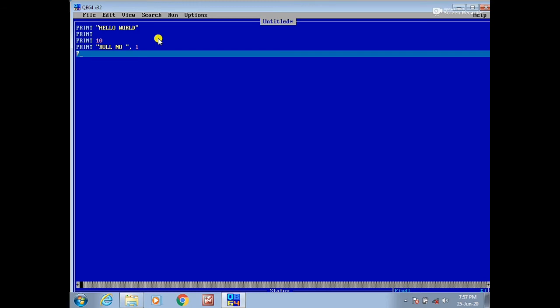Again I am using the PRINT command, then room number, using a semicolon and then use 101.